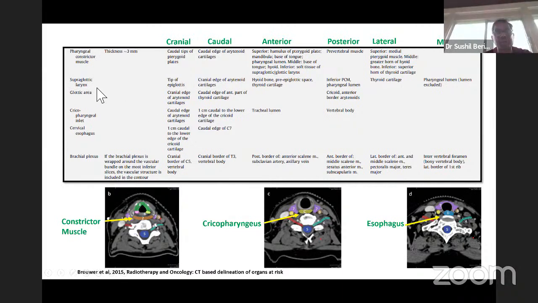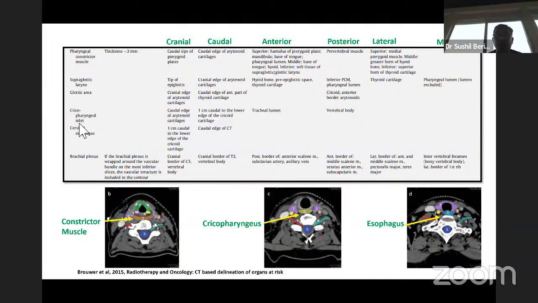Other thing which you have to contour is the larynx, glottic and supraglottic area, in the oropharyngeal cancer. There are studies to show that as the mean dose to the glottis goes above 20 gray, the voice quality goes down. I know in some of the literature they talk about 40 gray, but in the modern era with IMRT and VMAT, we try to limit the glottic dose to 20 gray. By doing it, there is some underdosing in the medial neck node, which is acceptable for N0 disease. But as you increase the dose above 20 gray, the risk of voice dysfunction goes up.